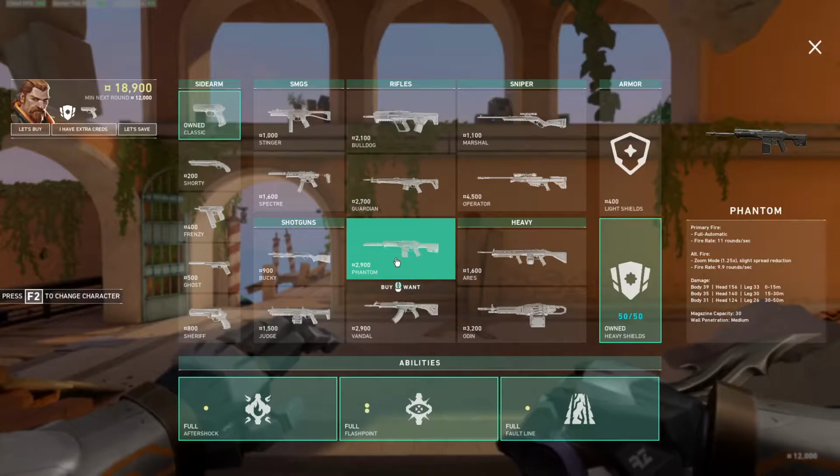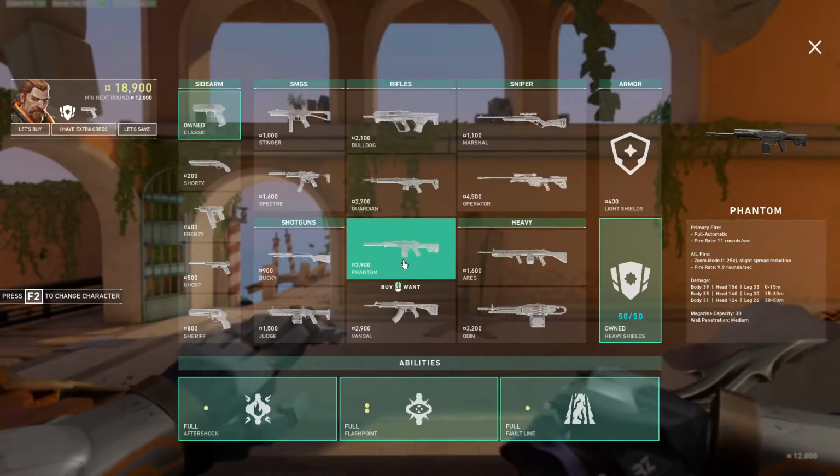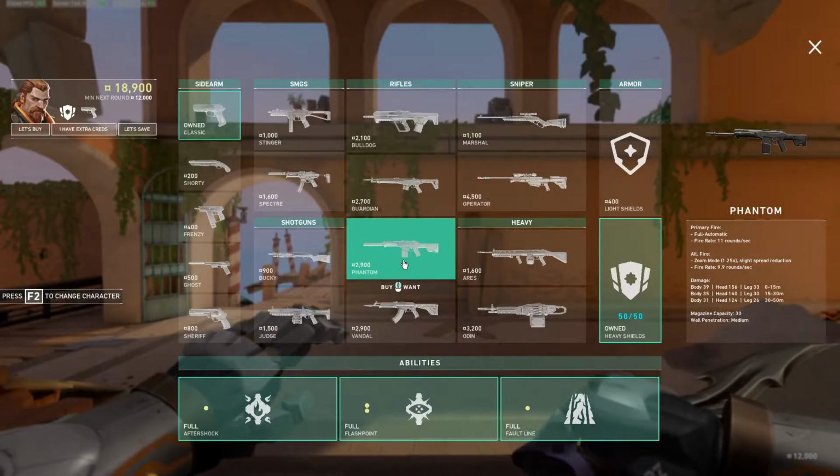Now, if we compare that, the Phantom has damage drop off quite significantly compared to the Vandal. I think I might have just said the Vandal and Phantom the wrong way around, but you get the point. The Vandal can one-tap from 0 to 50 meters. The Phantom can only one-tap between 0 and 15. As soon as you go beyond 15 meters, you start going down to 140 damage headshots, and then 30 to 50 is 124. So you're going to need to double-tap someone, or you're going to need to headshot, body shot,